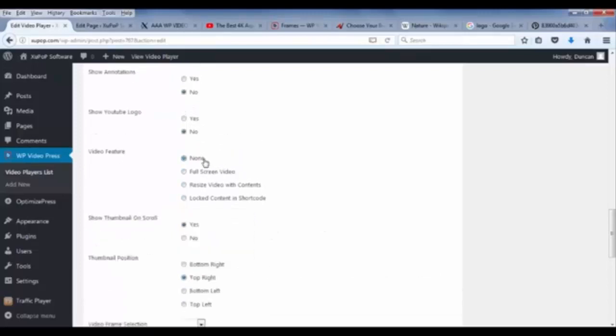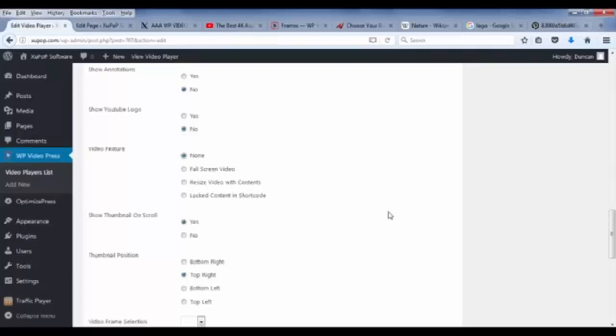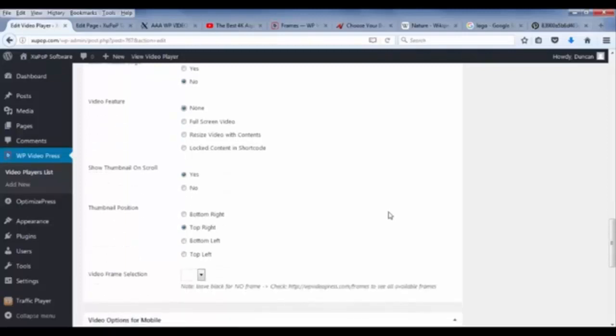Let's enable this, and let's say you've got a video on any page with content, and if people don't watch a static video and they want to start reading your content, this is a very great feature, because they'll be able to read your content while your video keeps on running on the page. Okay, so let me show you how this works. Put yes here, then select in what corner you want your video thumbnail to be playing, and that's it,